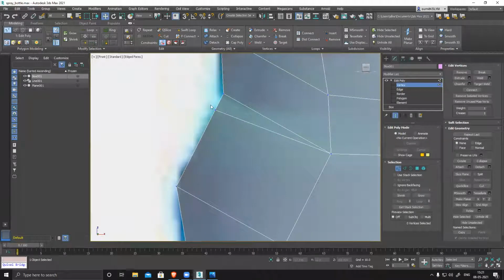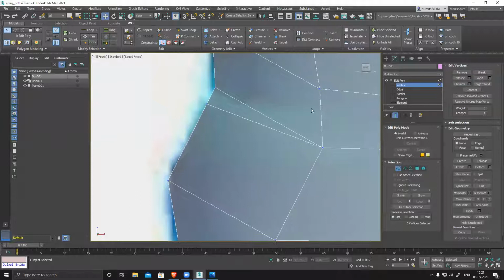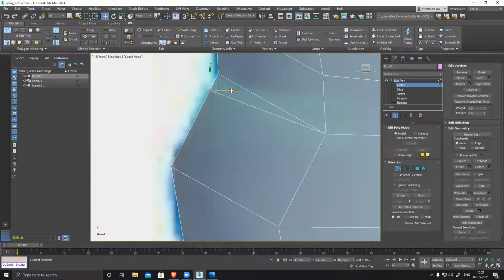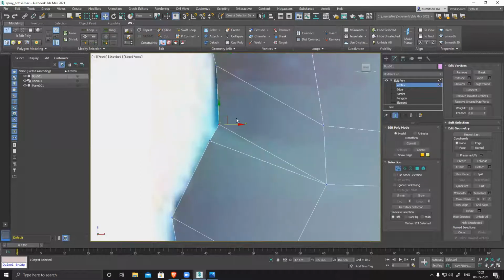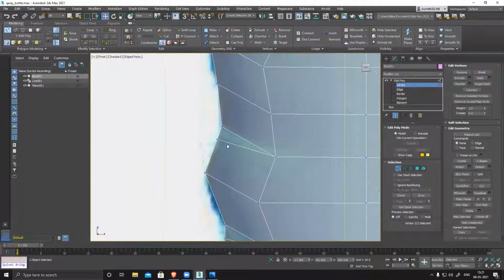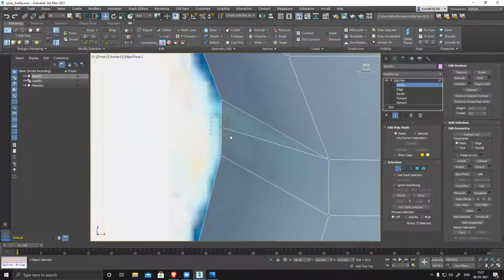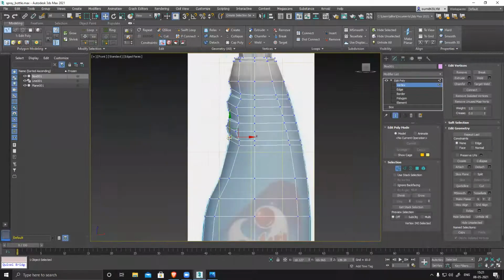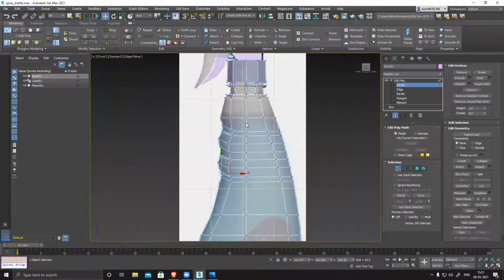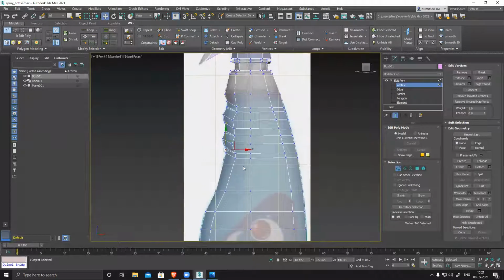So now you can see there is this little depth. Align it nicely. Basic structure and volume, everything is almost ready.